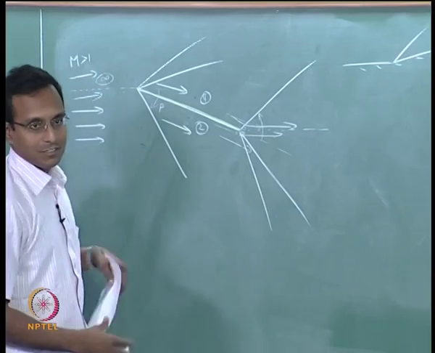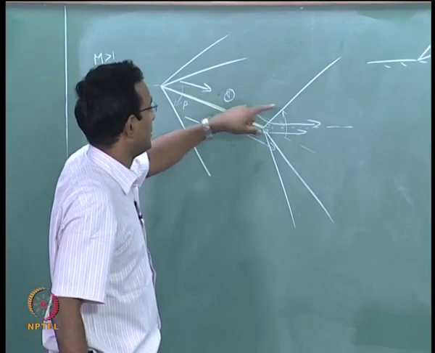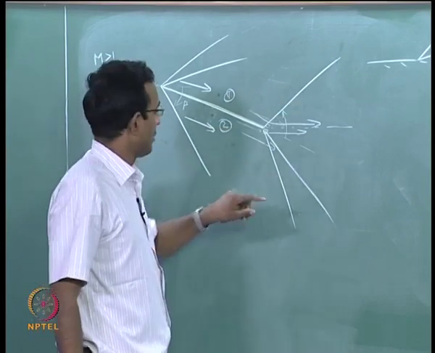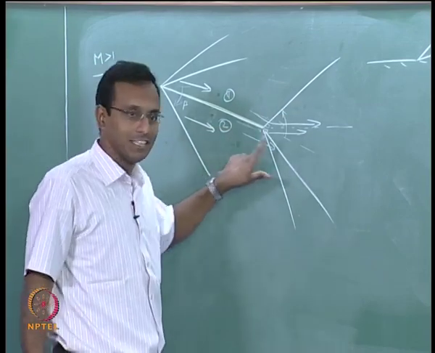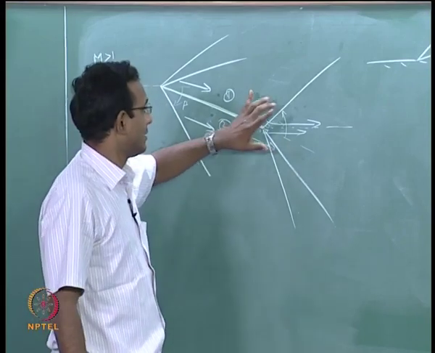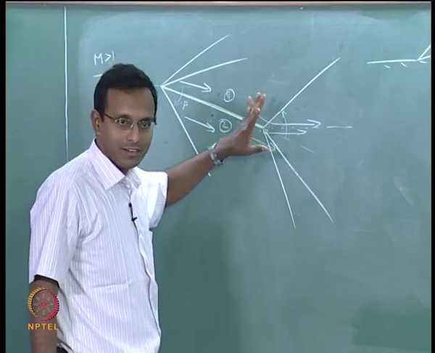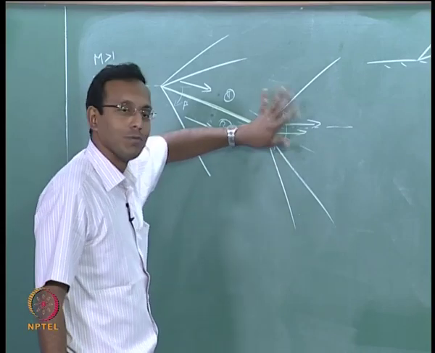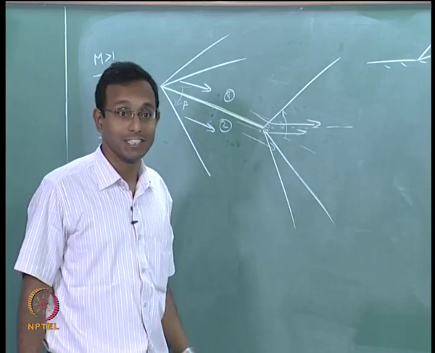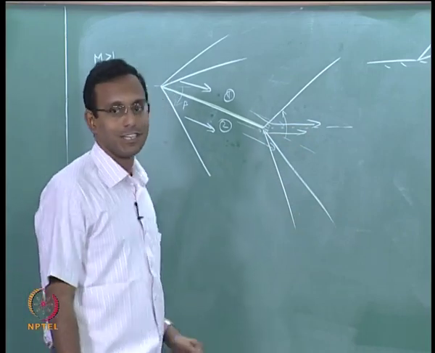Now because of this, what is going to happen? This shock will cause the pressure which is low to become higher, while this pressure which is high will decrease now across this expansion fan to become lower. So ideally these two waves should be such that they will come to an optimum point where they will reach the same pressure. Is that the only condition? There is one more condition needed.